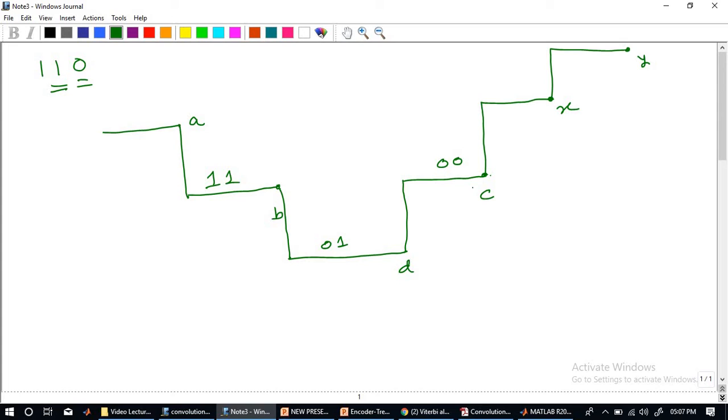But the thing is, this is not the end, because the register content is still there. So in order to eliminate that, we have to go 2 steps or 2 more shifts. For those 2 shifts to occur, we will assume that there are 2 more bits present over here, as if. So if these 2 steps are there, from C we are going to some state X and some state Y.